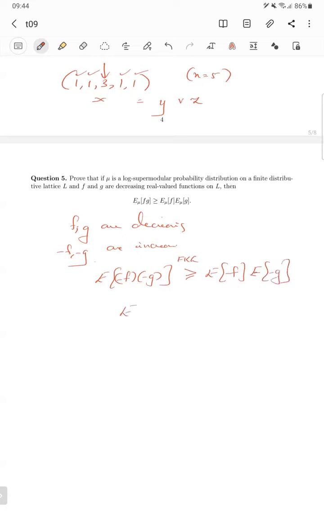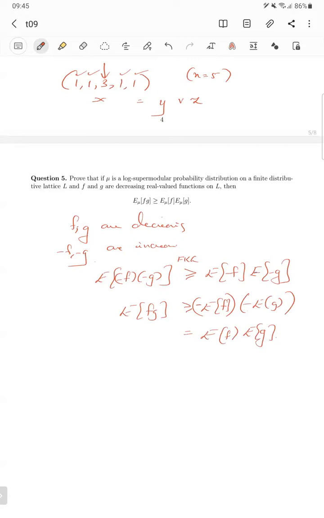So this is nothing but E of fg minus E of f minus E of g, which is E of f, E of g. Okay. Otherwise, if you don't want to use that remark and you want to work with positive or non-negative valued